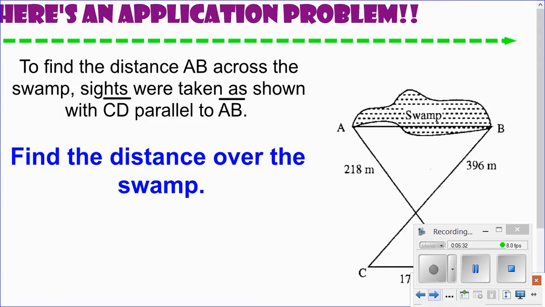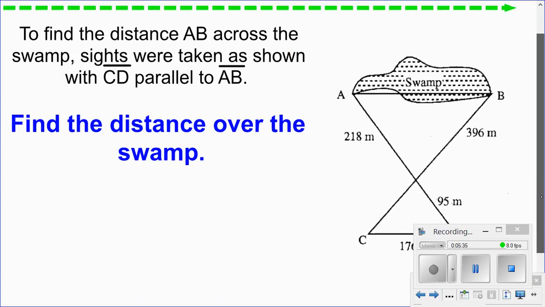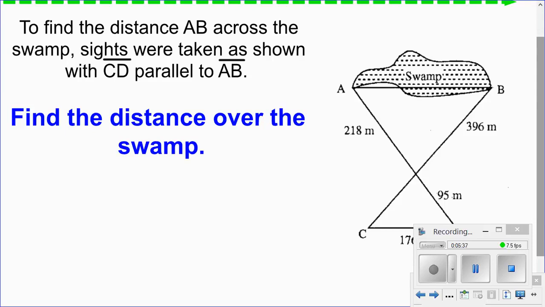Okay, so let's take a look at this word problem here, application problem. So we are supposed to find the distance across this swamp. So we're talking about here. And notice that we do have these similar triangles. And how do I know that? Well, real quickly here, we know vertical angles are congruent. And we also know, we were told that